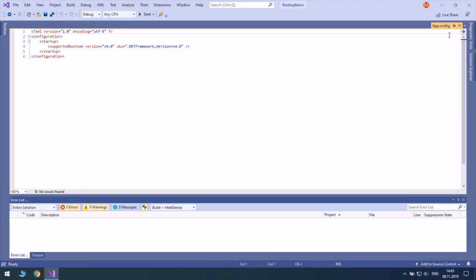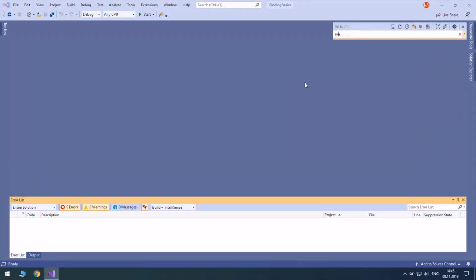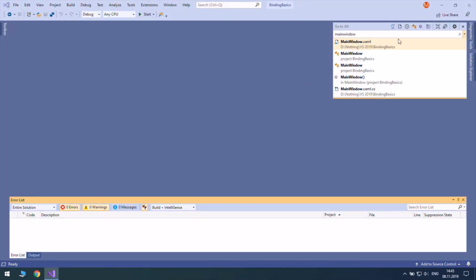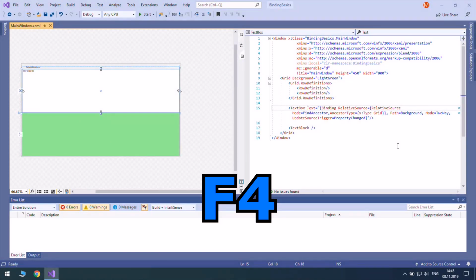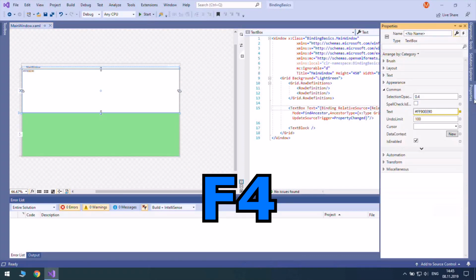When we work in XAML, so again, Ctrl T to navigate to main window XAML, you might want to see all the available properties for some controls. So just press F4 and this will open the Properties tab.